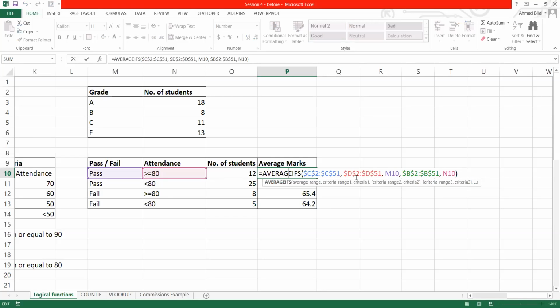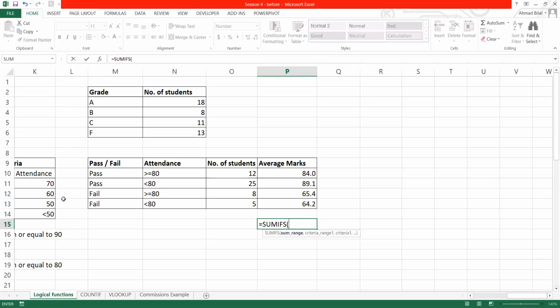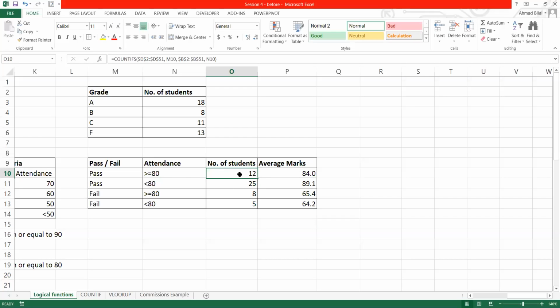Any issue with this? I hope it's clear to everyone. SUMIFS is going to work very similarly. In that also you will see you have a sum range argument initially. In the sum range, you tell which cells you want to sum, and then you have criteria range and criteria. In COUNTIF, we did not have that first argument, because